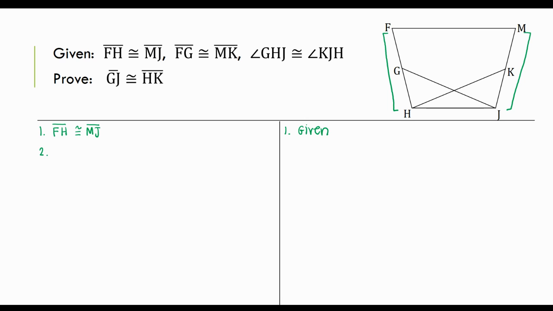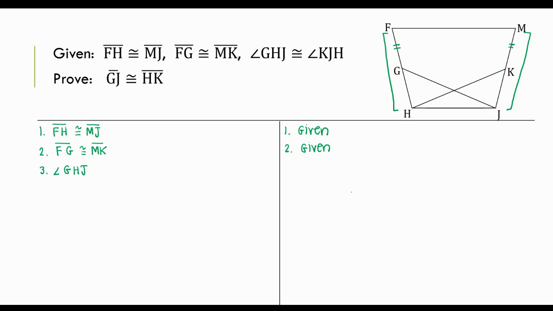I can't expand on that any further, so I'm going to move on to my next given. I'm told that the segment FG is congruent to the segment MK because that is given. Well, FG is up here, MK is up here, so I'm marking them the same. I can't expand on that any further, so I'm going to move on to my third and final given